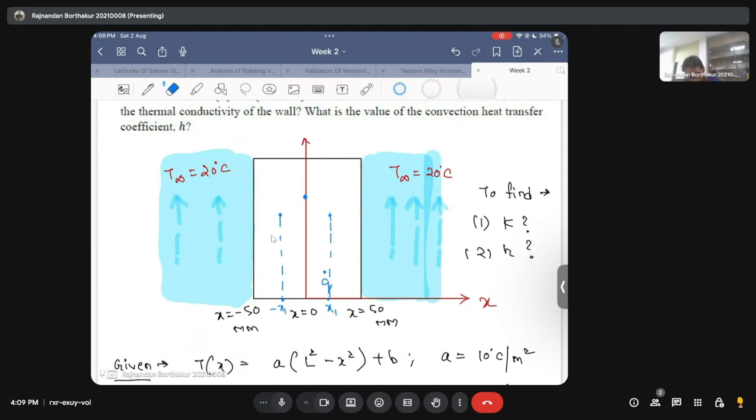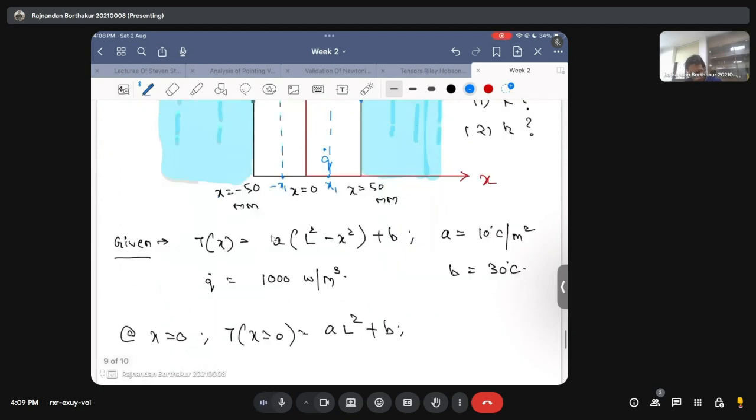Let's draw this picture in a better way. What I'm saying is that your temperature distribution will be something like this, with the value at x equal to plus L exactly going to be the value at x equal to minus L. And that you can appreciate, right? If you put here x equal to L, then this term will go to 0. If you also put here x equal to minus L, then also this term will go to 0, which means that